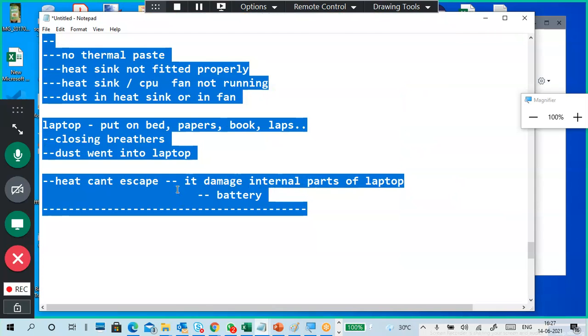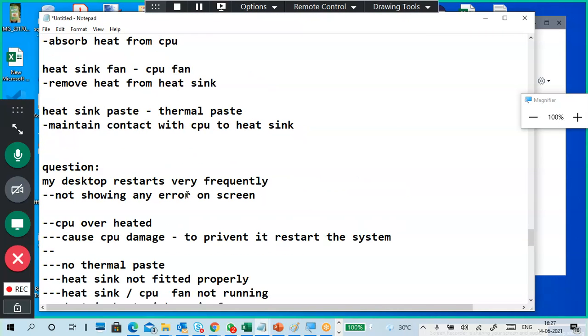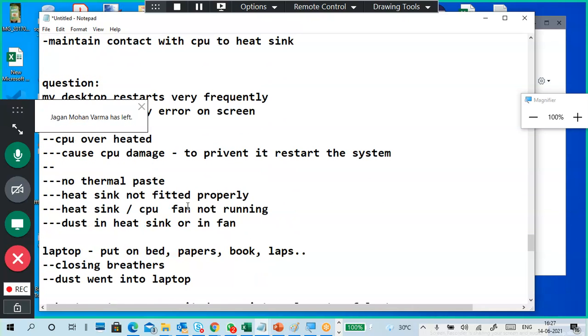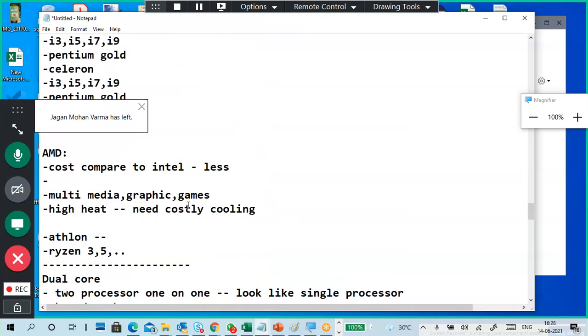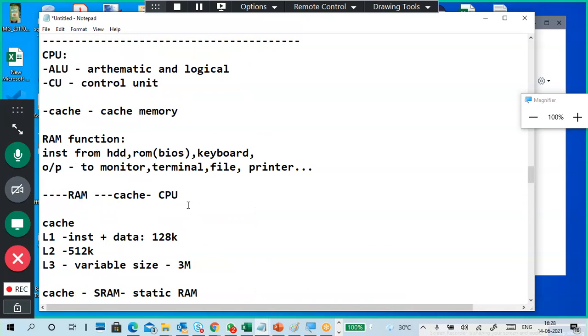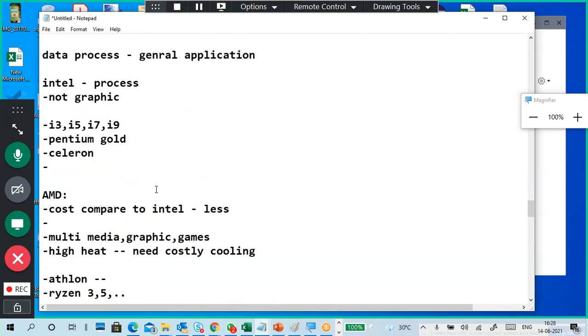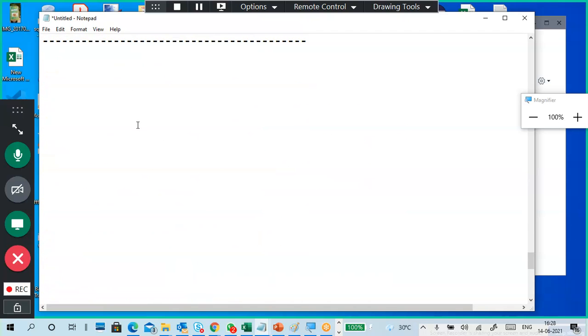So where are we last? We last were at CPU heatsink, frequent restart, and in a laptop how to maintain this thing. So then we'll see that one. We've seen here. We'll go with